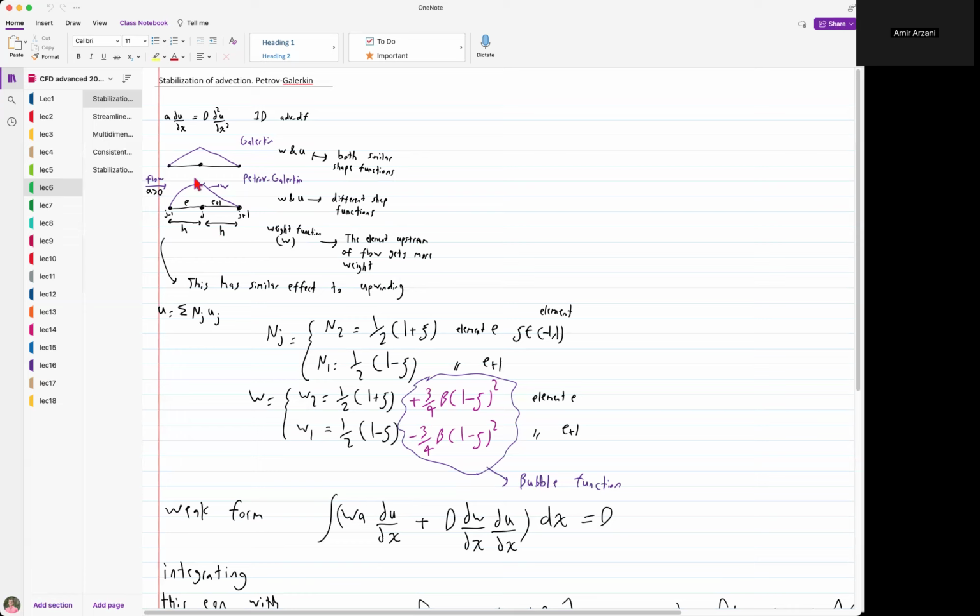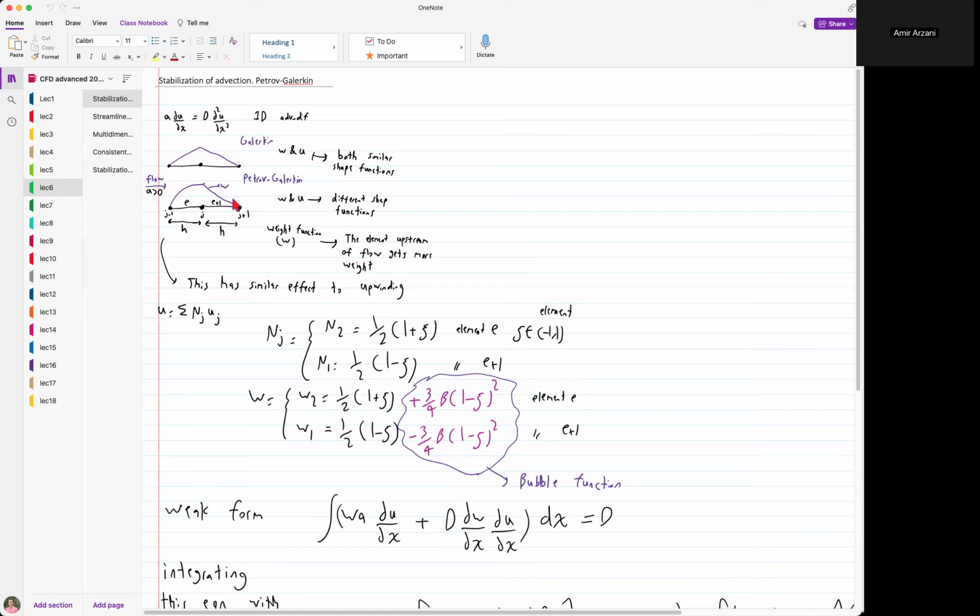So, for example, in this picture that you're looking at here, in this 1D case, assuming that the flow is from left to right, meaning that the velocity A is positive, if you look at two consecutive elements, it could be the case that you might want to weight or define the shape functions for the upstream elements. That's element E. You might want to define these shape functions such that they are weighting the solution more on the upstream element compared to the downstream element. So this is what this picture here tells you. And this is what refers to as